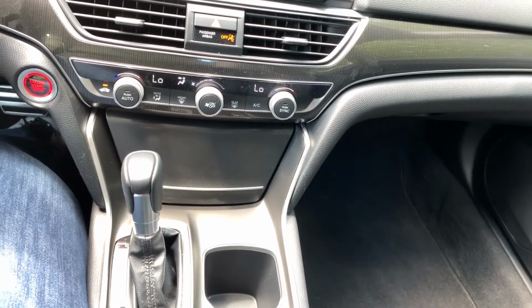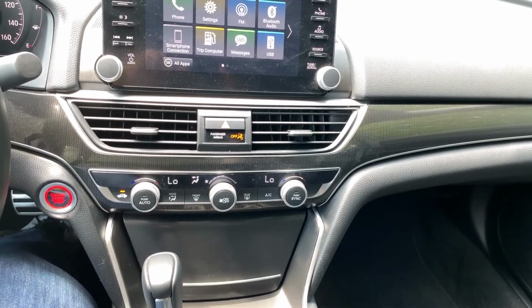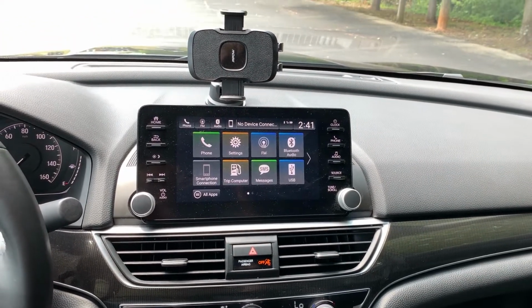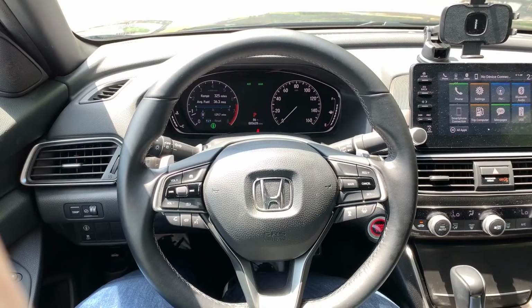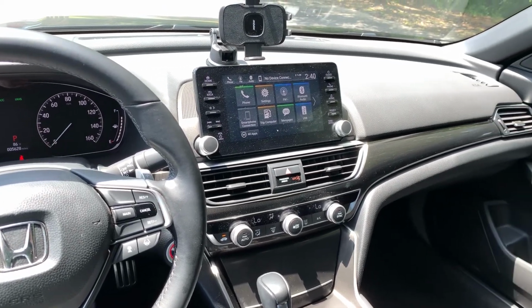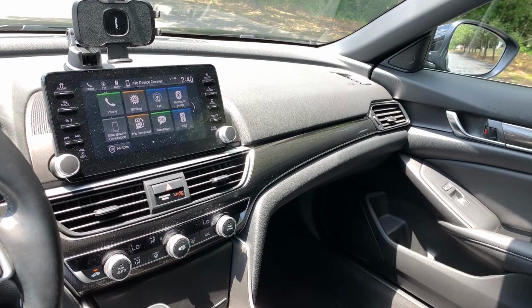So it's very nicely equipped. It's got Android Auto, Apple CarPlay, Bluetooth. It does not have a CD player, but I play most of, if not all of my music off my phone anyway, so that really doesn't matter to me. It's got nice carbon fiber faux trim around the dash and the doors to give it that sporty feel. And the interior of the car, from the touch screen to the shape of the vents, the way the controls are laid out for your AC and everything,